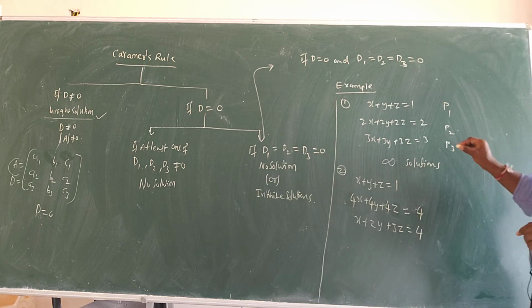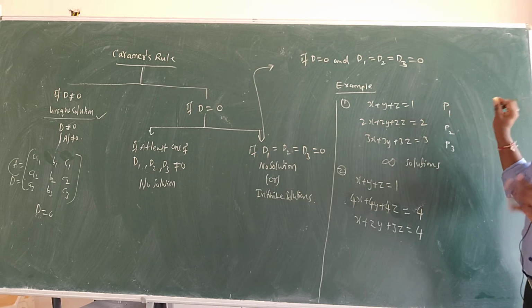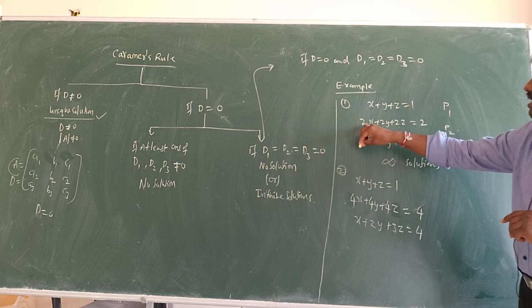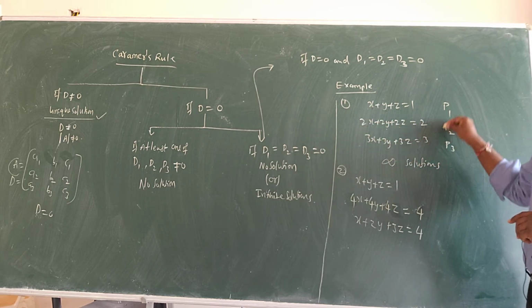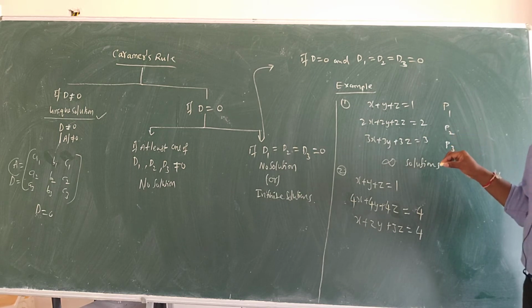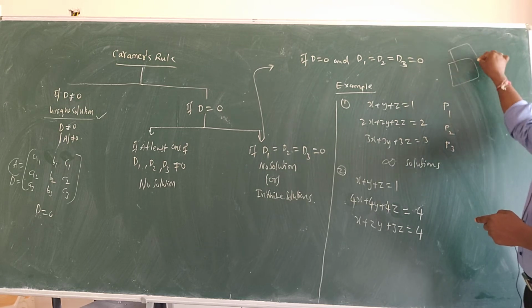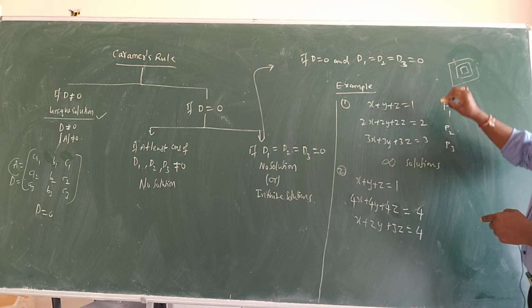So in this method, what we do here: x plus y plus z equal to 1, 2x plus 2y. One example I took. You see there, x, y, z, after multiplying by 2 you got this, after multiplying by 3 you got this. It means these three planes are multiples of each other. So the planes are parallel to each other.